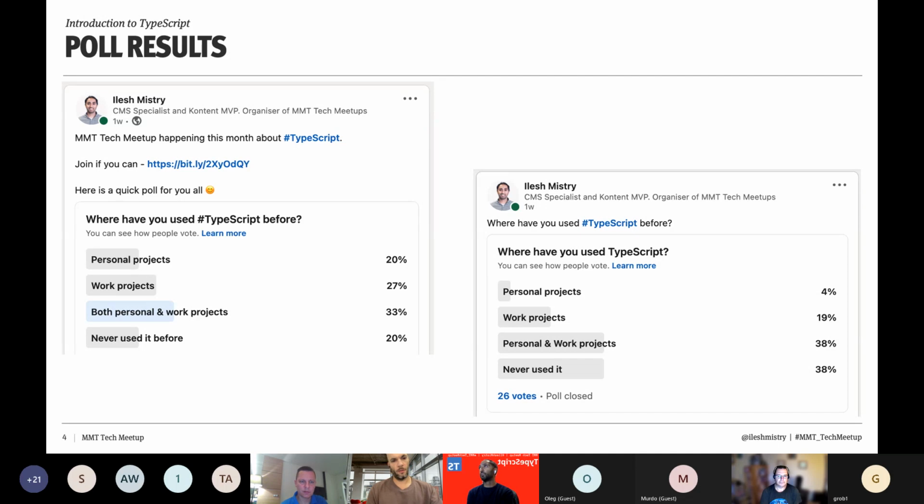From what I know, TypeScript has been around for a while, so it's interesting from these results to think that maybe there are still people looking to get into it. That prompted me to do a quick introduction to TypeScript. But before I do that, I had some initial thoughts.